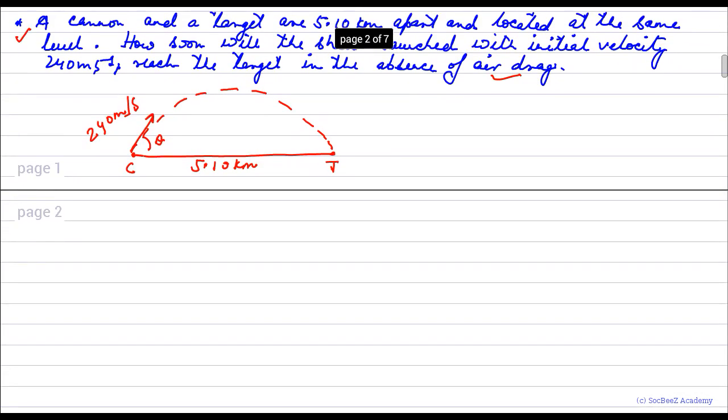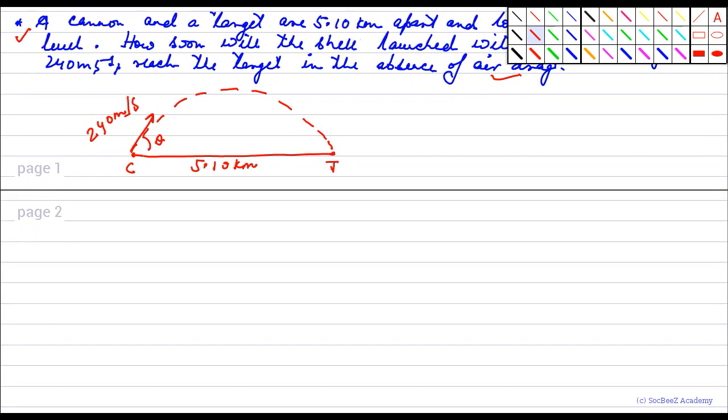Now, I know that the range of a projectile is given by u square sine of 2 theta by g. This range is going to be equal to the distance between the cannon and the target, which has been given to me as 5100 meters. I know the value of u, I know the value of g, right? So if I put in those values in this equation,